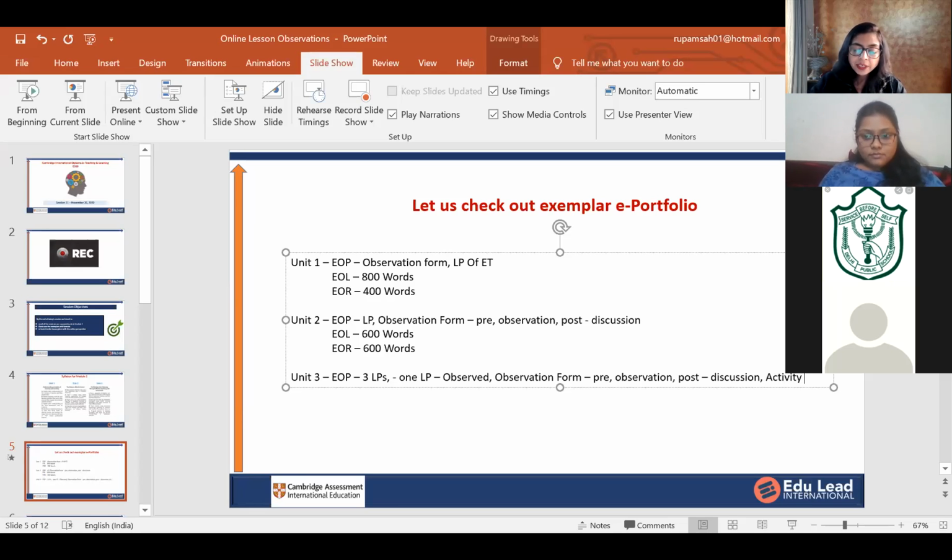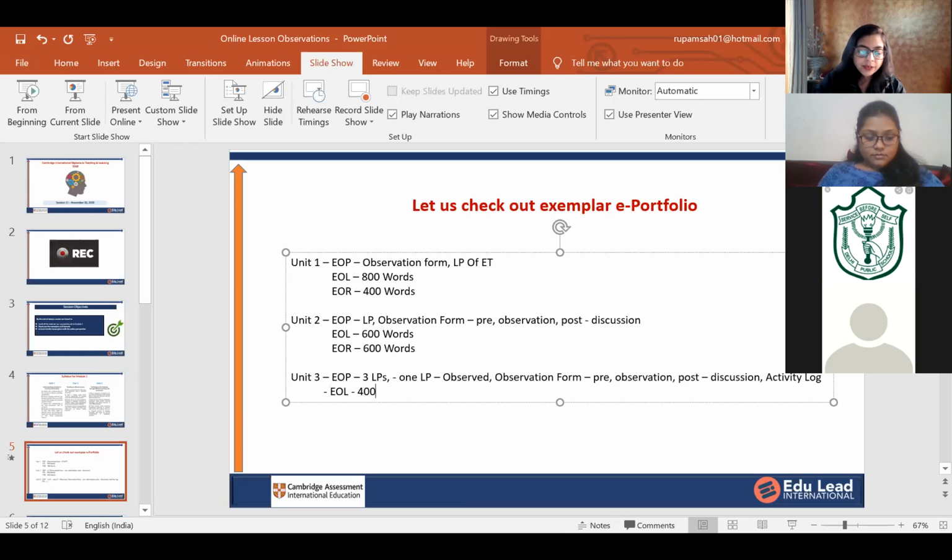And in the activity log, you have to fill at least four different activities from all the three lessons that you are using. And then you have to describe them. So there is another document that you are filling, that is the activity log.